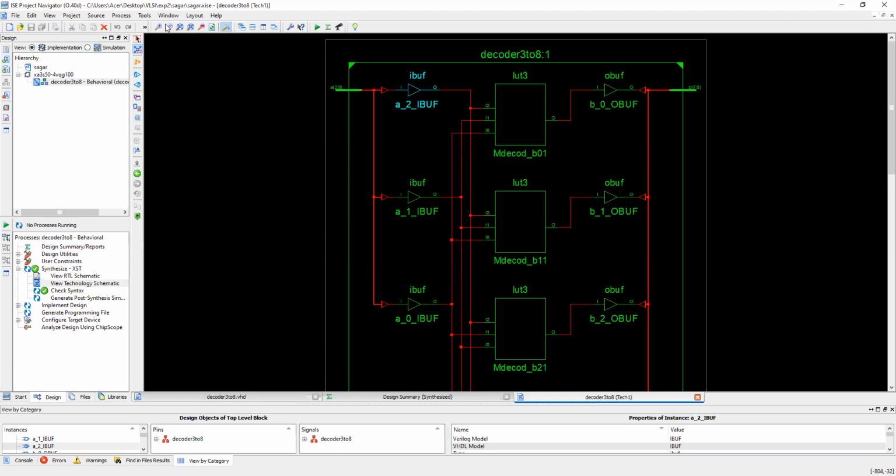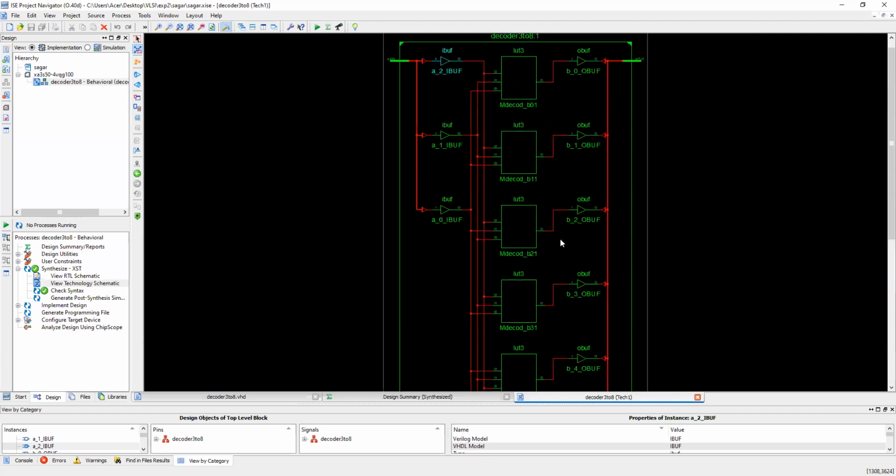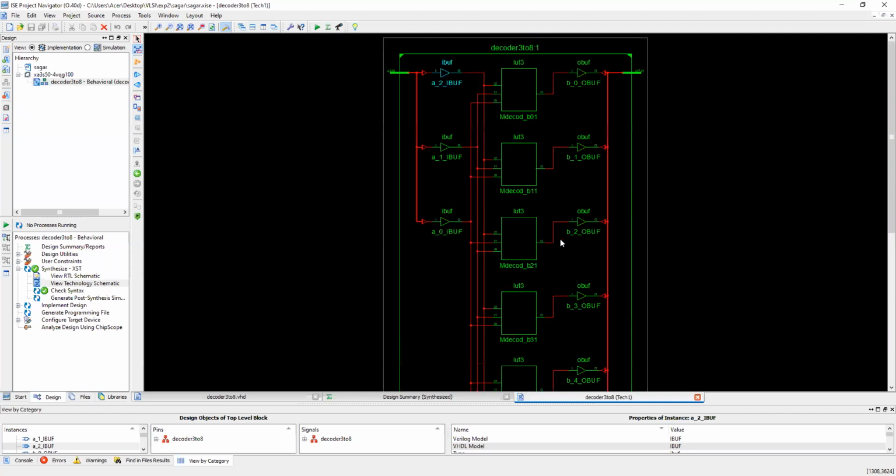But with the help of this, it is automatically generated. You have only written hardware description language code, and the circuit is ready. That's why we are using hardware description languages.